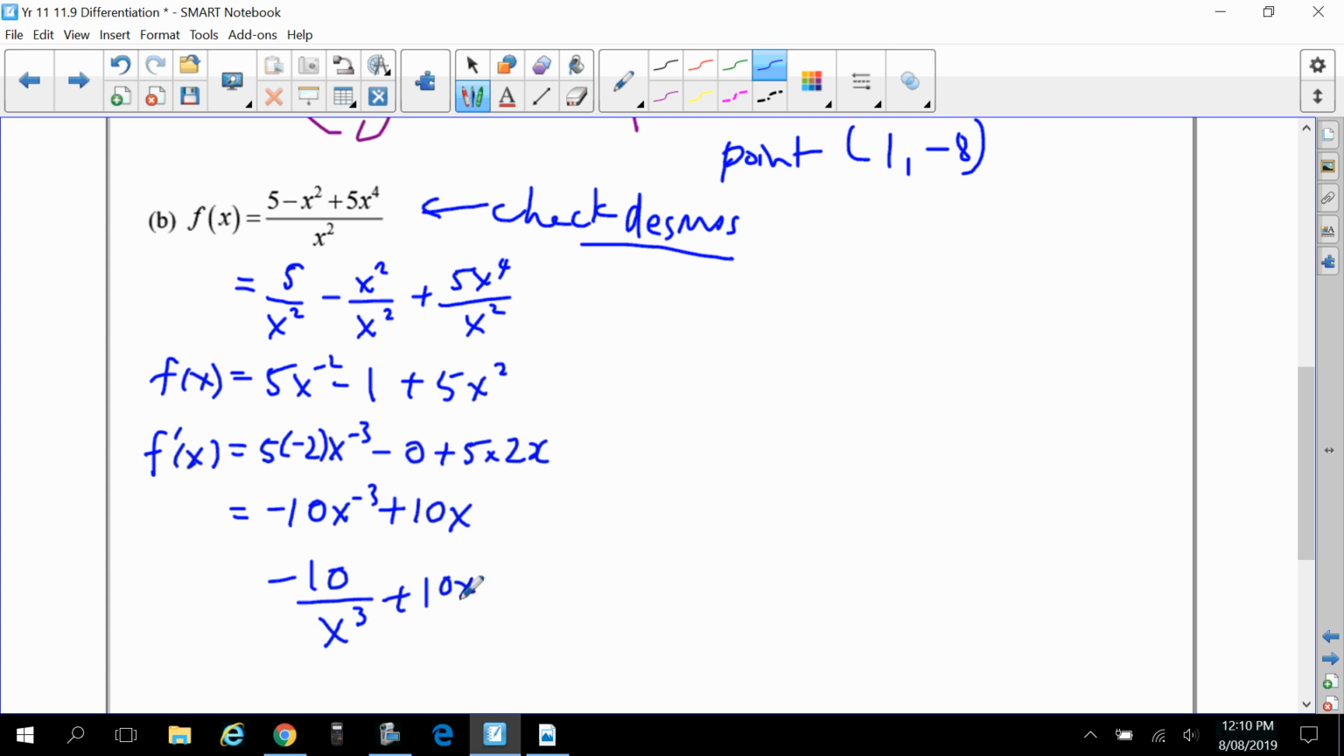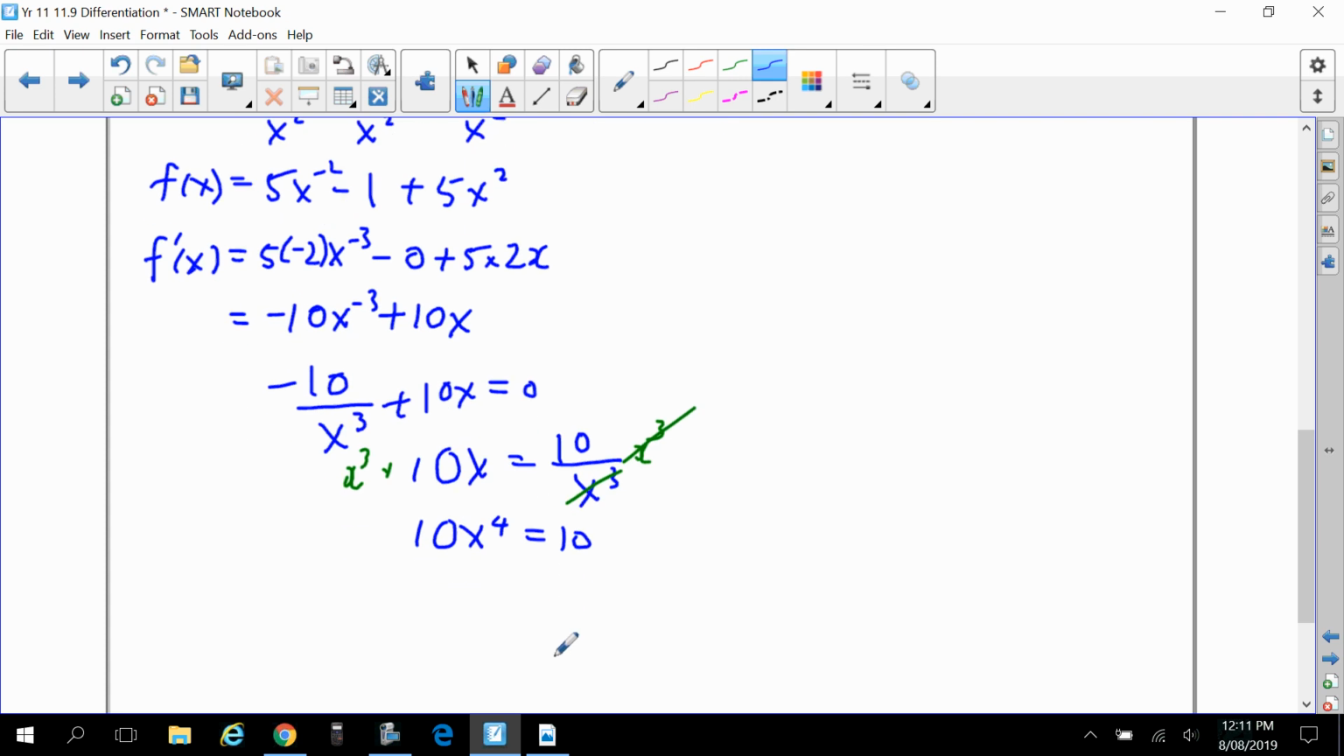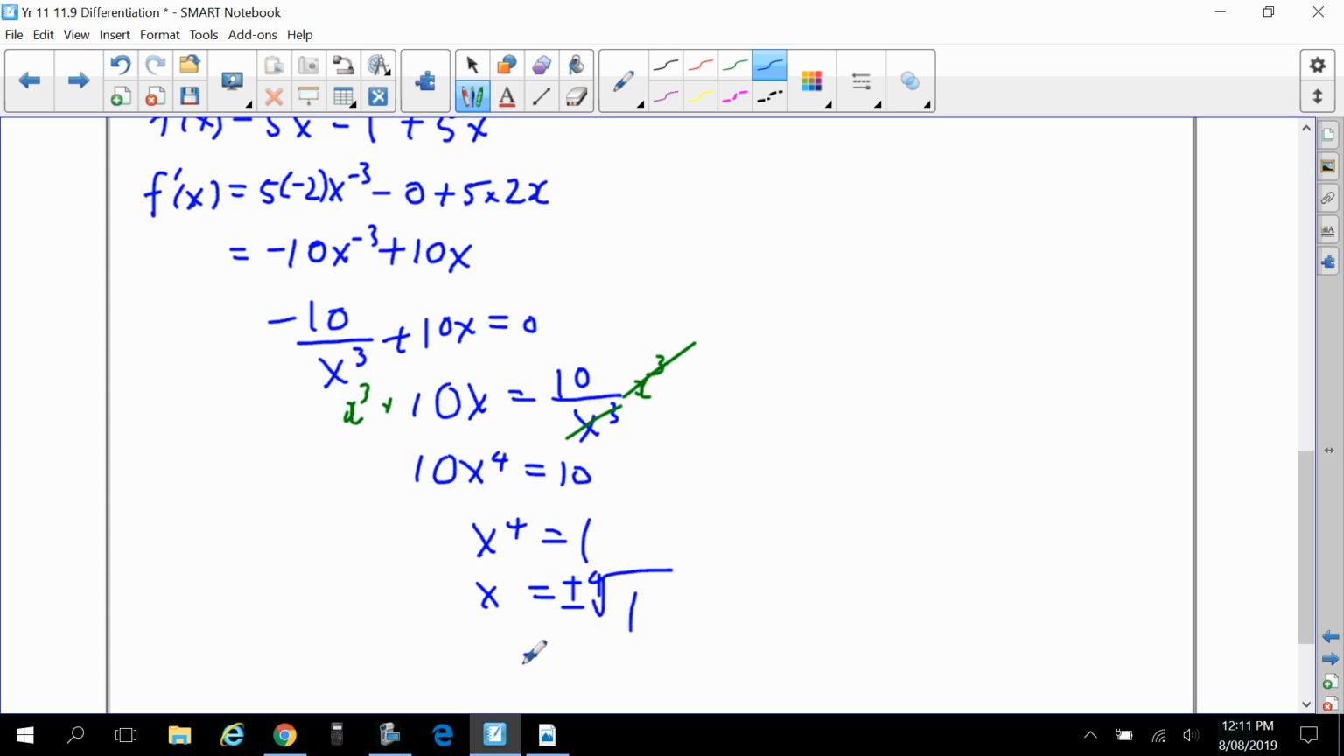Get that equal to 0, and move the negative term to the right. And multiply both sides by x cubed. Cancel. You get x to the power 4. And then divide both sides by 10. And be careful, plus or minus, because it is an even power. And this will be plus or minus 1. And then get the